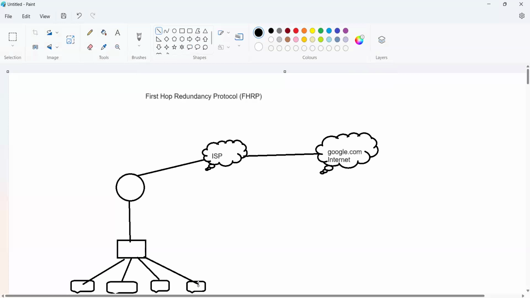Now everything is working fine with our customer edge router. The customer edge router is connected to some multilayer switch or access switch. This is our entire LAN network, local area network. This is our topology. Now tell me, if I want to reach the internet,